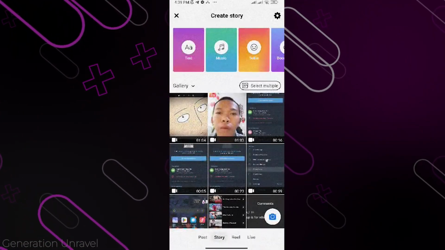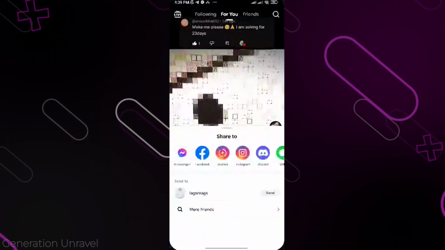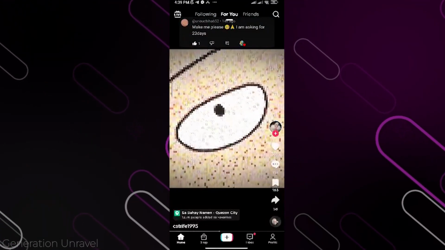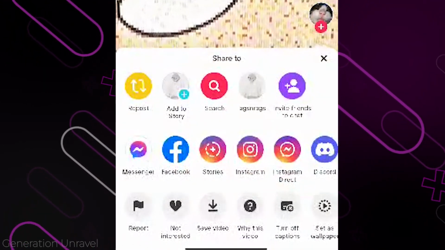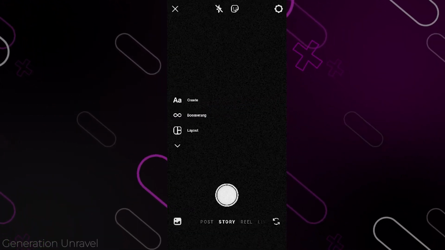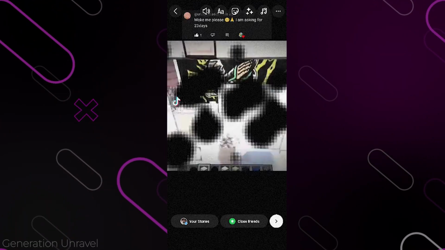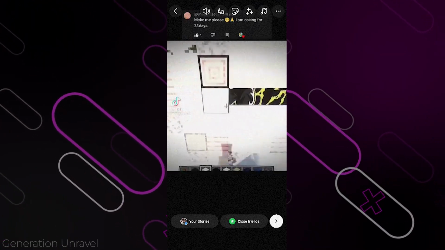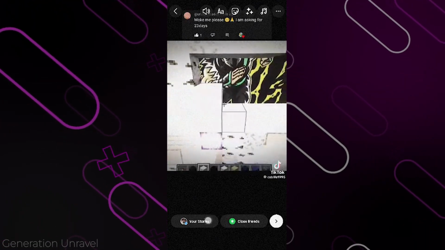But for me, I don't want to upload that story right now because I don't think it's the right time for me. And another thing that you can do is just click on the share button again and click on stories on this one, same color as Instagram, and I'll just hold on the your stories button down here, because Instagram